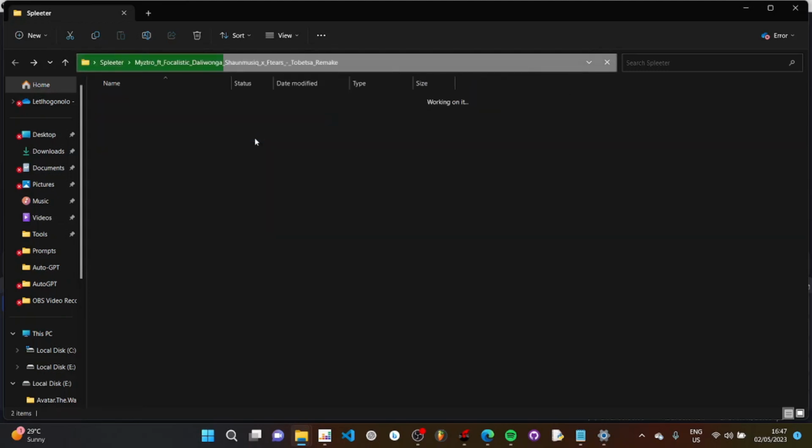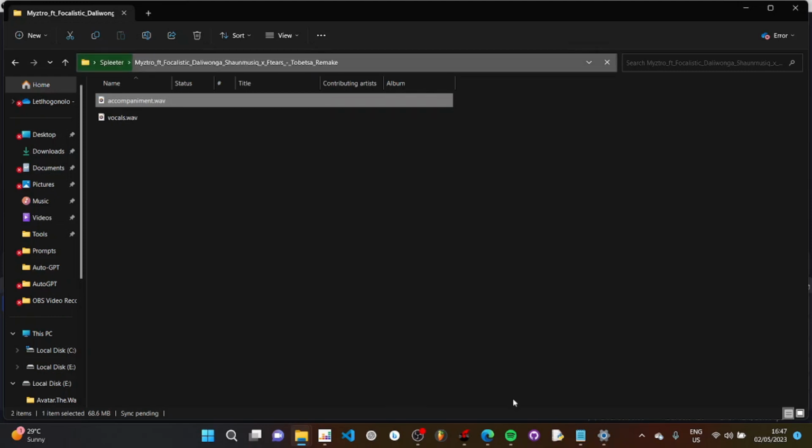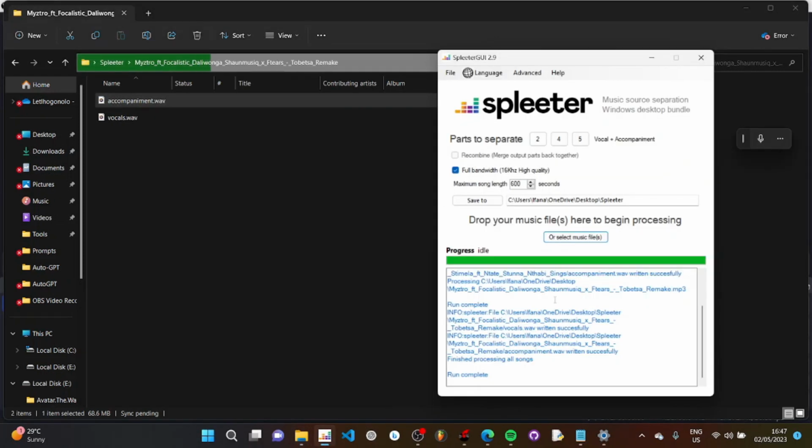So on Maestro we also have the same thing, which is the instrumental and a cappella. And guys, don't worry if your splitter program didn't work, because this program is outdated. They no longer update it. There's a newer program which I will introduce you to. So for this example, we're just gonna be using the splitter. If it doesn't work, just use the web-based version, which is the acapella extractor.